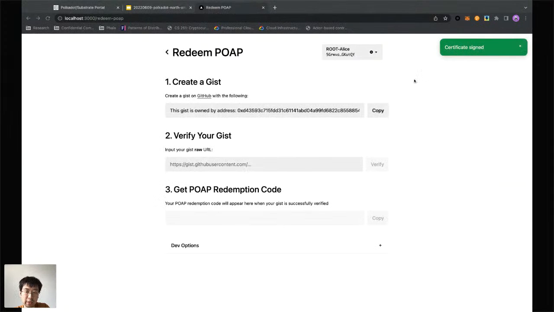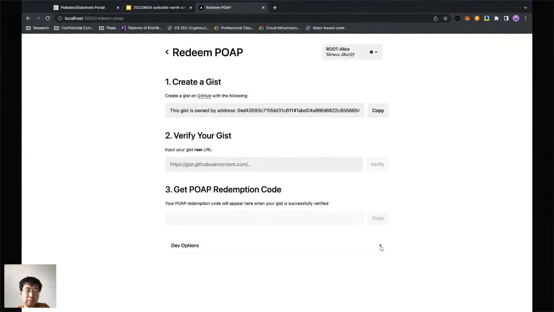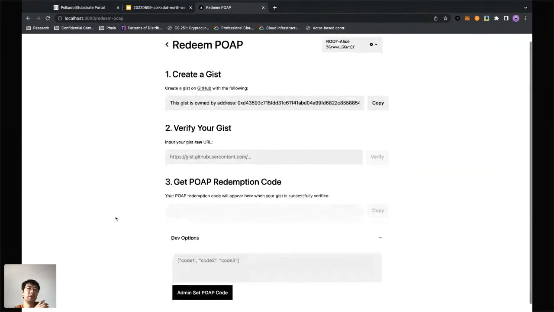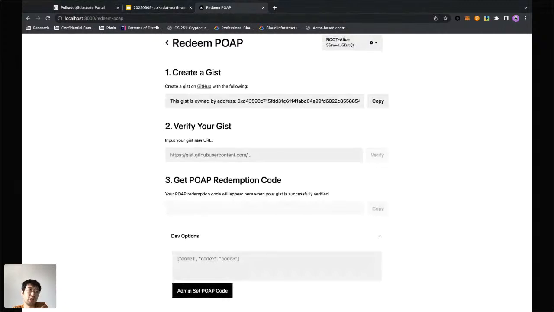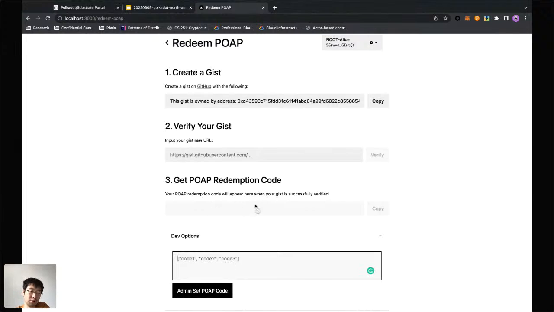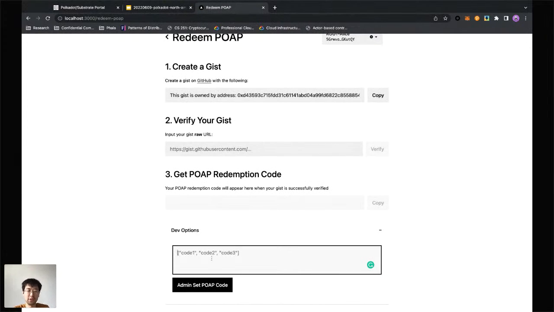Okay, so now we can see the real contract here. Let's first try to understand what this can do. This contract asks you to connect your on-chain account, for example your Polkadot or Phala account, to a GitHub account. After you have proved that you really own a GitHub account, we are very glad to give you some redeem code, so you get some POP. Since this is a demo contract, there is no real redeem code, so the first thing we need to do is set some demo codes here so we can get the rewards.